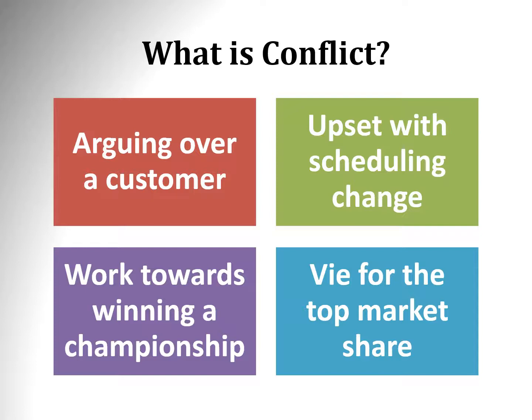The Random House Dictionary defines conflict as to come into collision or disagreement, be contradictory, at variance, or in opposition, or clash. So let's look at examples of conflict. It can include things like 2 sales reps arguing over who gets the latest customer. A team of employees is upset with their manager over a recent scheduling change. A group of managers can't decide who's going to get the latest project assignment. And although we're going to focus primarily on workplace conflict, the tools we cover can also be used in personal situations as well.